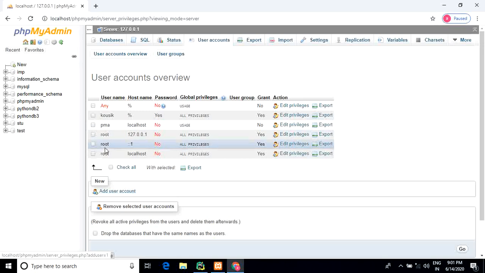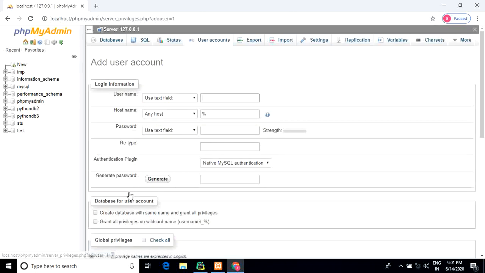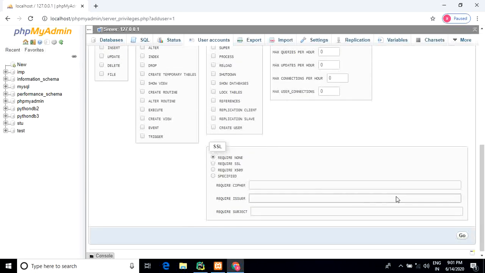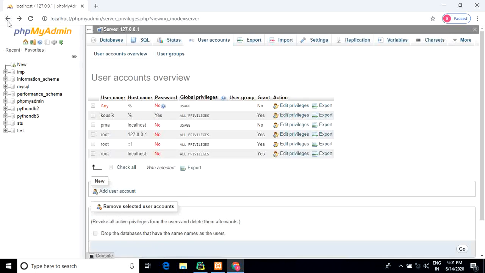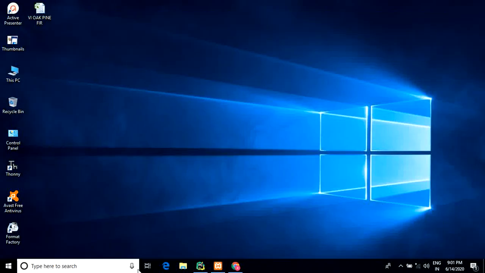Here we create user Kaushik and there will be a password. We need username, password, retype password, and press the Go button. After that just leave or minimize this page.